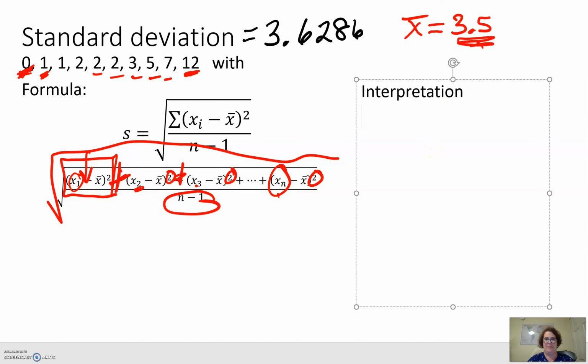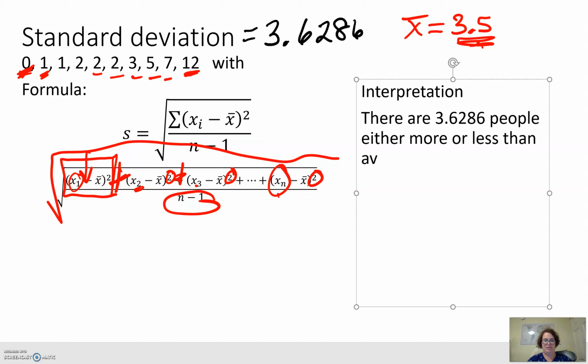So we would say there are 3.6286 people, either more or less than the average number of people